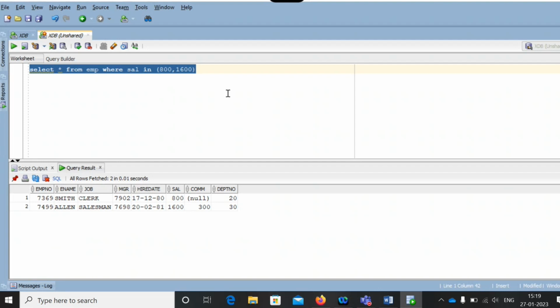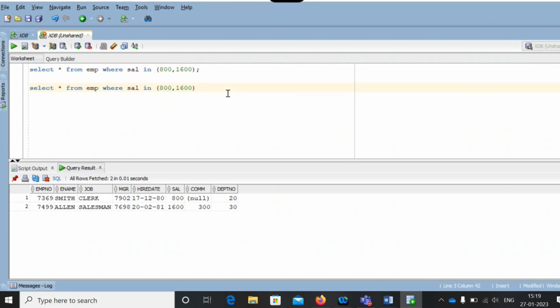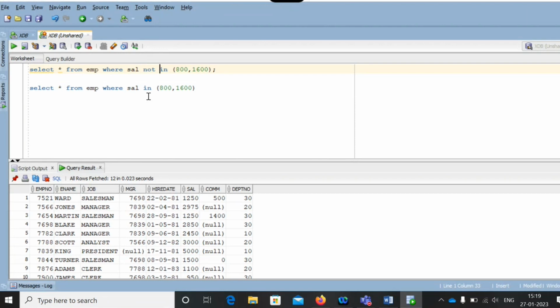Okay. Now we have NOT IN. Other than these values, 800 and 1600, if you have any other value, all that people's information you need to get here.